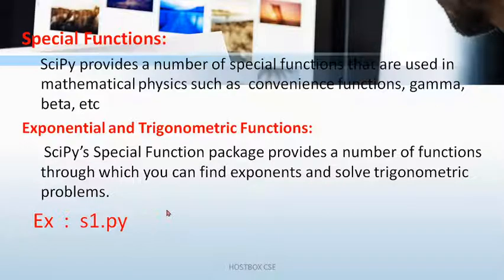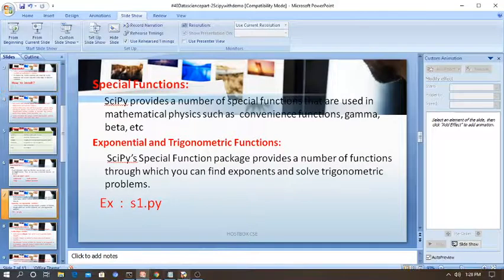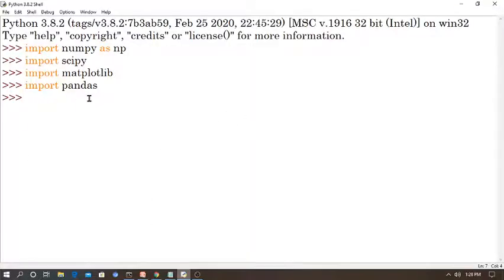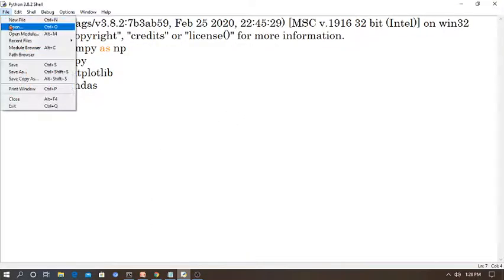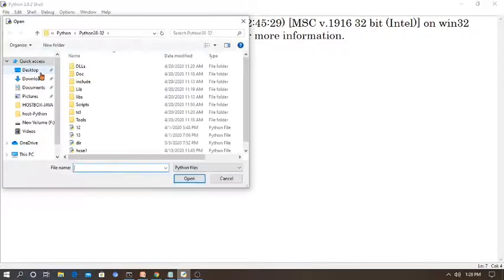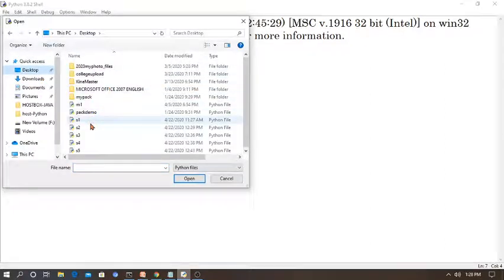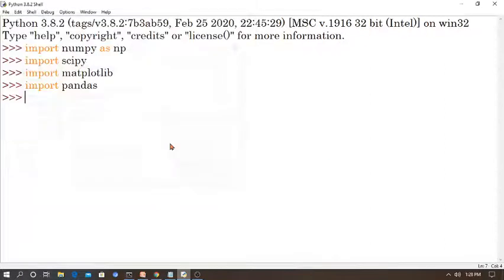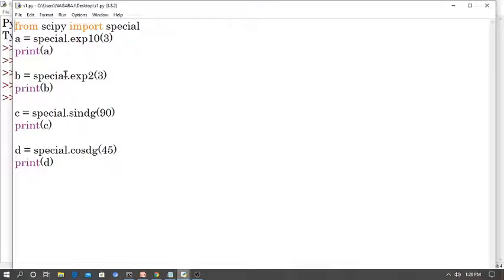Let's see the example here, s1.py, already saved on the desktop. We can open the file called s1.py. As a beginner, you can learn this easily. I am going to write a small program here.